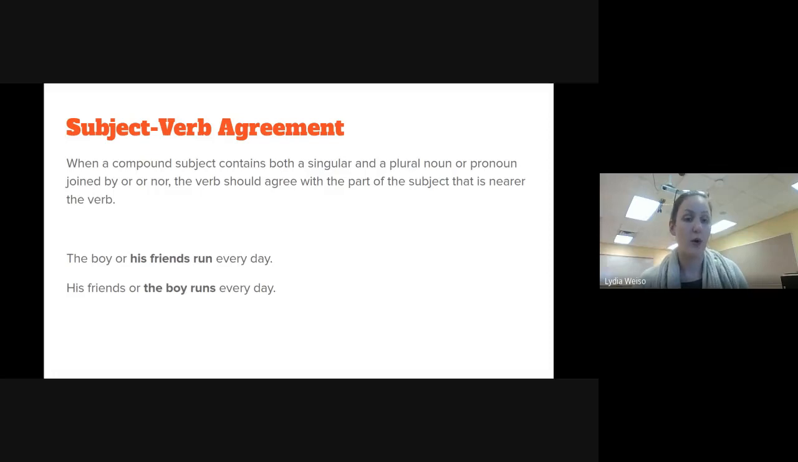The boy. Flip that around so that it says his friends or the boy, because boy is singular, the verb needs to be singular. His friends or the boy runs every day. Now again, we don't really talk this way. I just want you to be aware that if you run into a situation like this, if you need to say